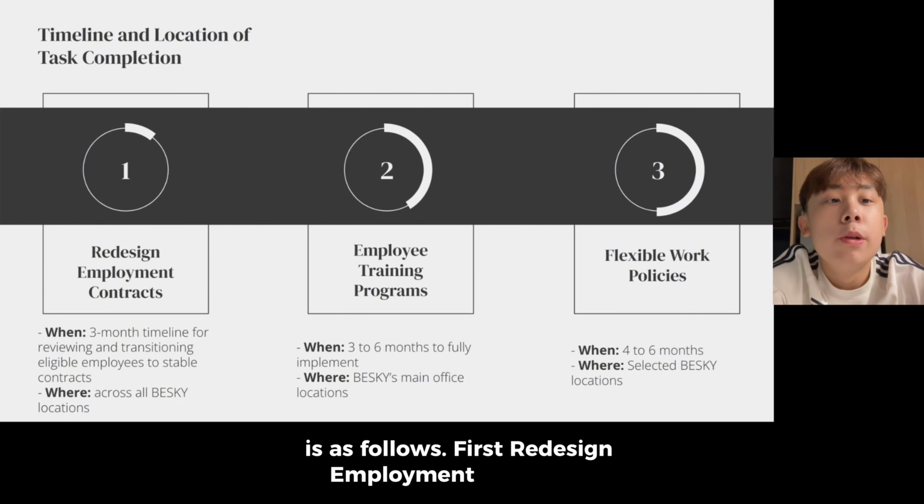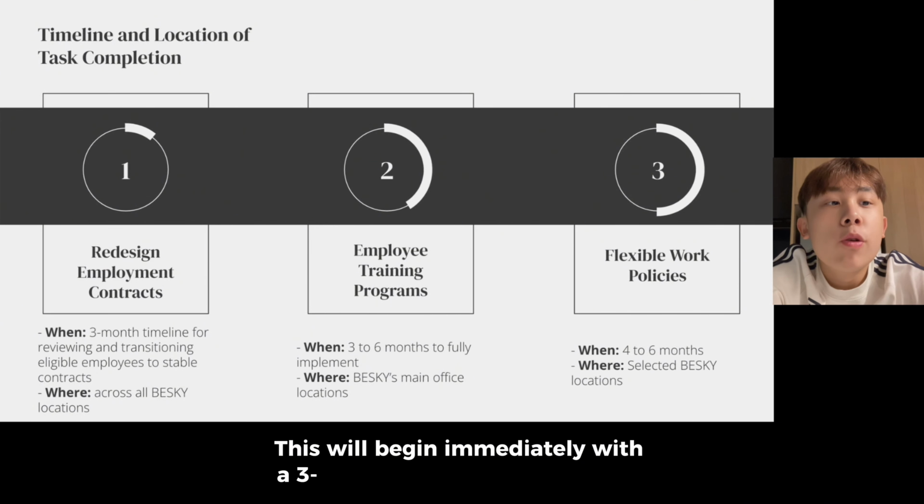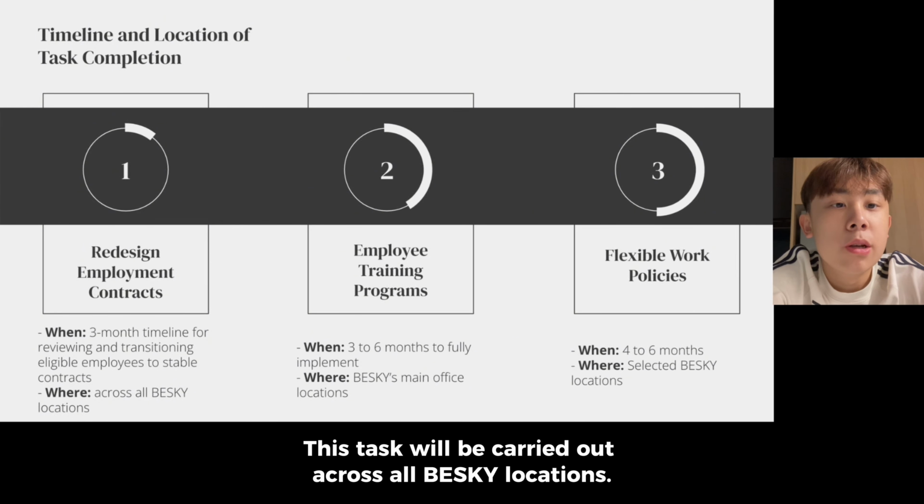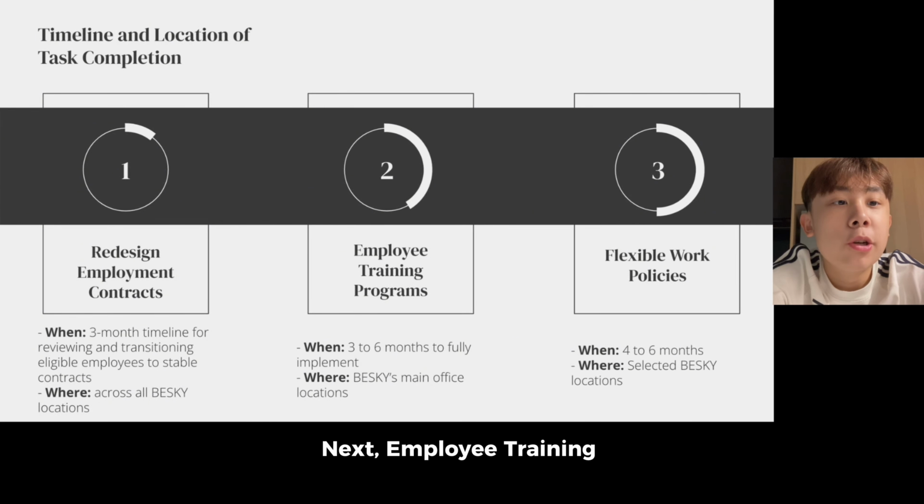First, redesign employment contracts. This will begin immediately with a 3-month timeline for reviewing and transitioning eligible employees to stable contracts. This task will be carried out across all Besky locations. Next, employee training programs. Development of training programs will take about 3 to 6 months to fully implement. With the first wave of training targeting management and customer-facing roles, training will be conducted in Besky's main office locations